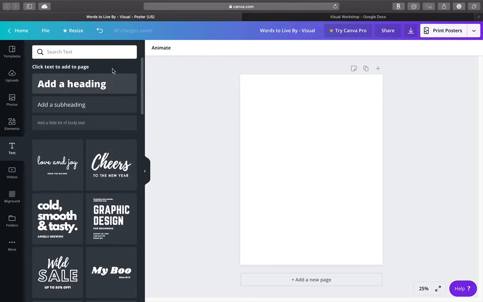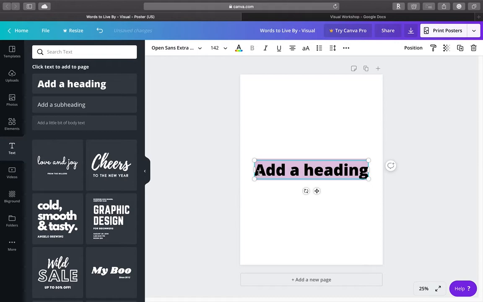Here at the top, though, if you just want to start with plain text and customize it by yourself, you're going to want to pick one of these. So Canva has heading, subheading, and body of text. And the only real difference between these is the size. And the size itself doesn't really matter either, because you can change that later, which we will cover in this video. But first, I'm just going to click on Add a Heading, because I want to show you a little